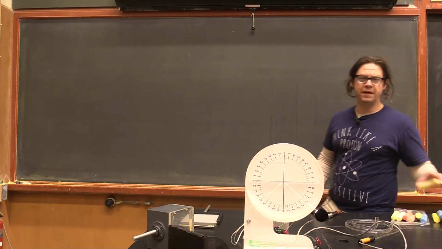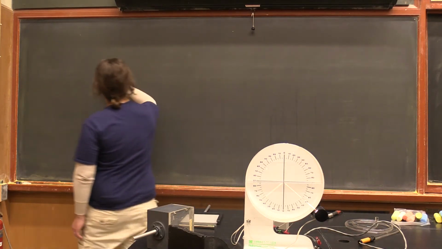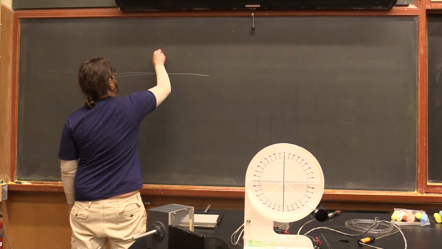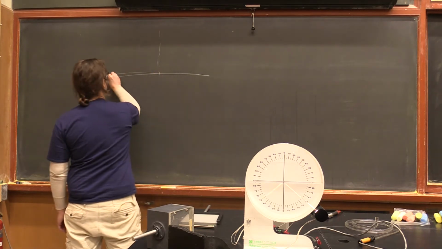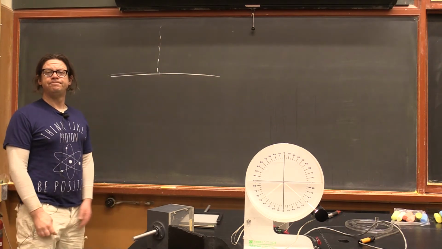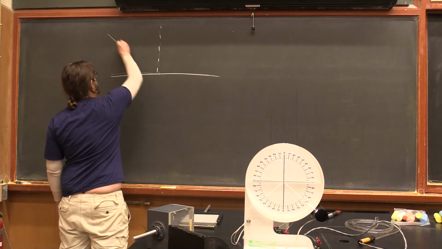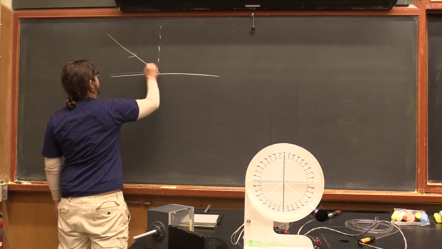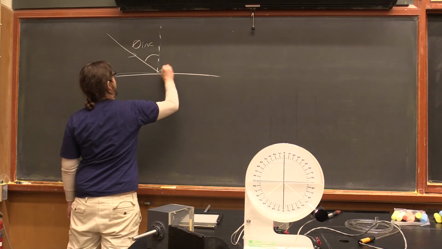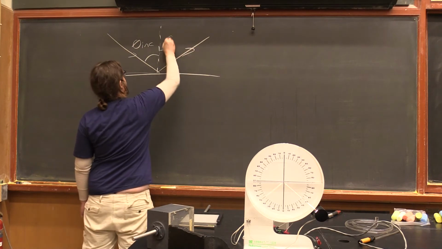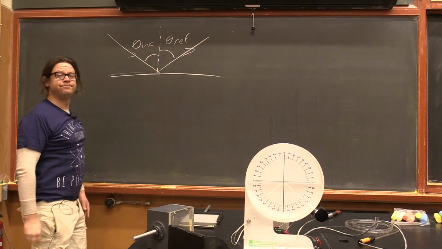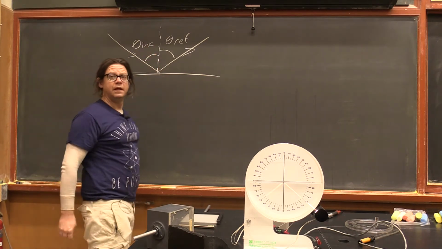So, let's start with the definition of a normal. For a flat surface, there's a normal. And for reflection, the angle of incidence should equal the angle of reflection as measured from the normal. Now this is for a flat surface. If we get fancier with this,